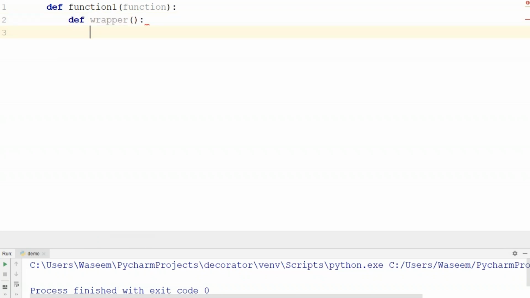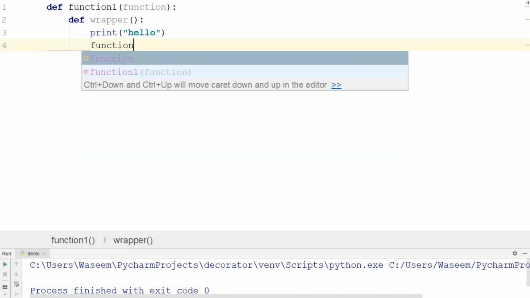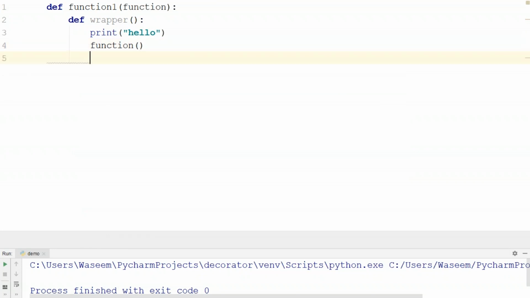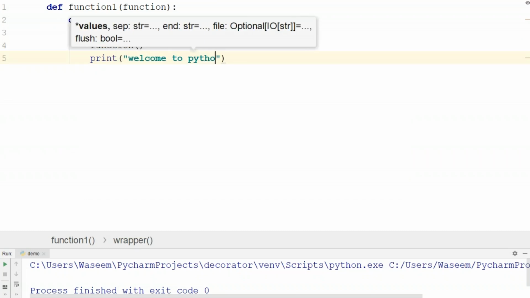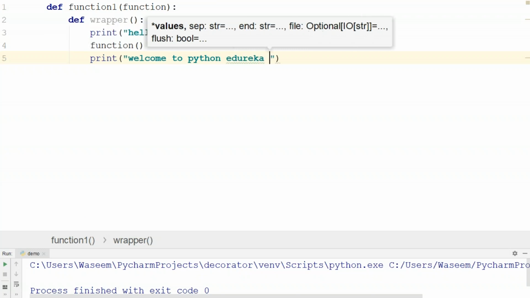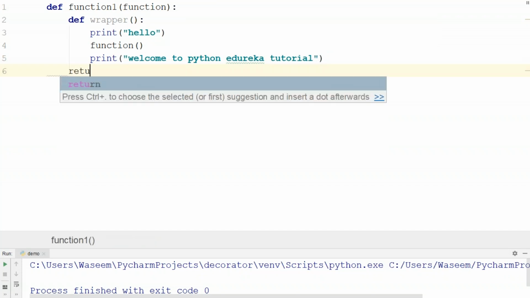This is my inner function, guys, and this is basically the decorator that I'm going to use here. I'm going to pass function again, so you'll see what it does, and I'm going to print one more statement after this. So let's just say welcome to Python Edureka tutorial. Now I'm going to return wrapper over here,